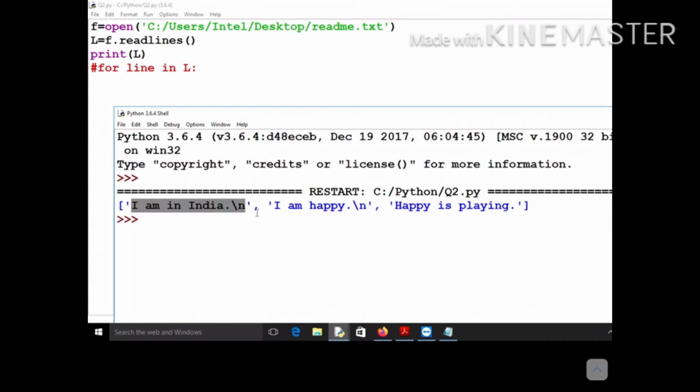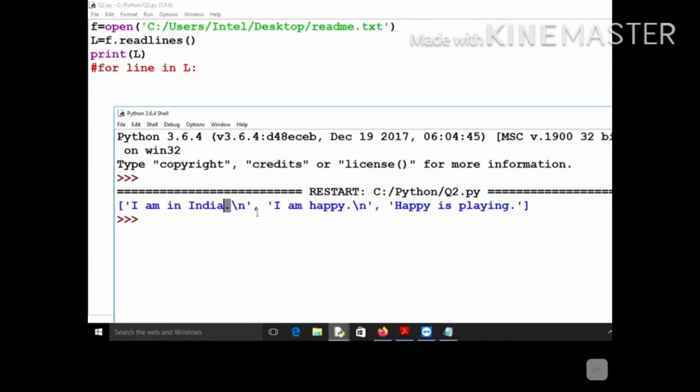So before splitting it into words, what you need to do? You first need to perform a strip operation. Okay, you first need to pre-process it. You first need to remove this \n, and you also need to remove this full stop, and then you should split your line into words. I hope you got the concept that since this line is in raw format, it is containing some extra things also, \n also, full stop also, so you will not be able to check whether the word is equal to happy or not.